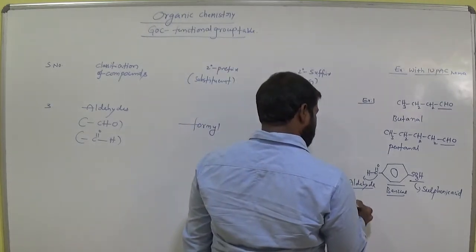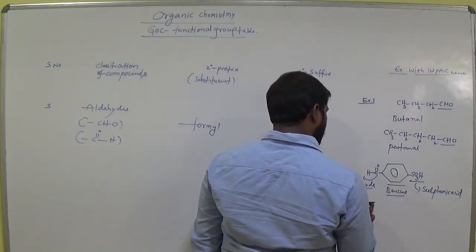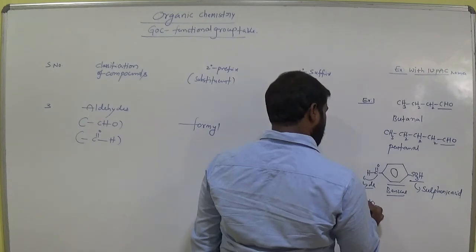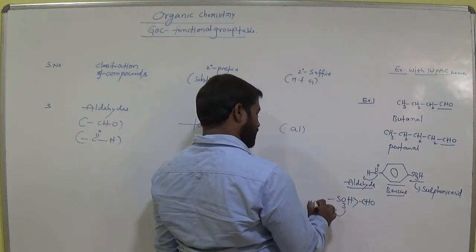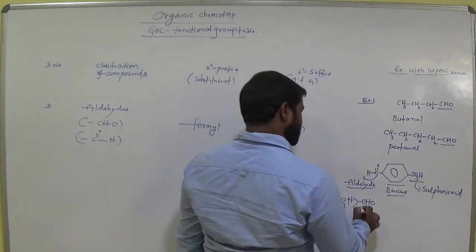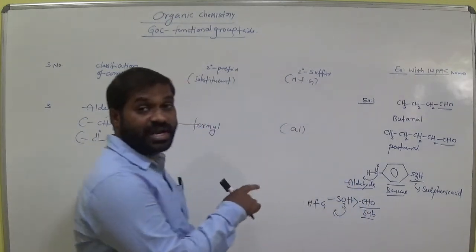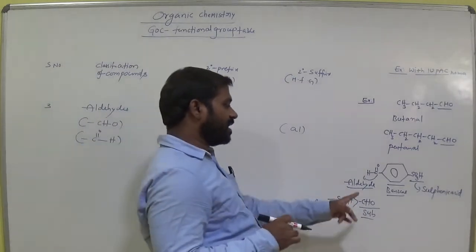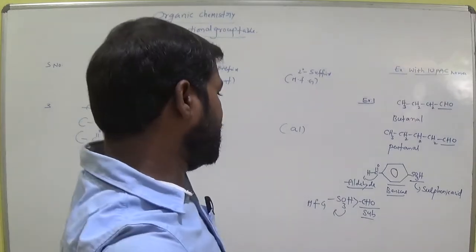In this case, SO3H is a higher priority group than CHO. So that means it is the main functional group. This is here the substituent. So in this case, aldehyde acts as a substituent, not a main functional group. So now the IUPAC name of this compound is